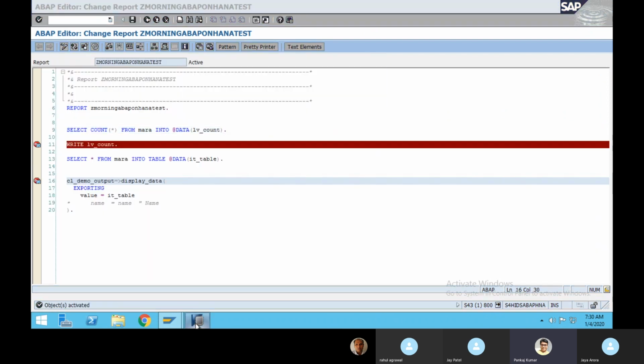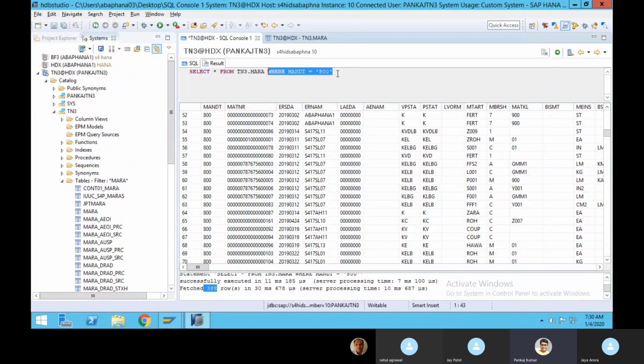So in backend, when you are going to use SQL procedures and all, you have to mention the client over here. From the specific client you want to get the data, you have to mention the MANDT over here. Otherwise it will give you the data from all the clients of the same schema.